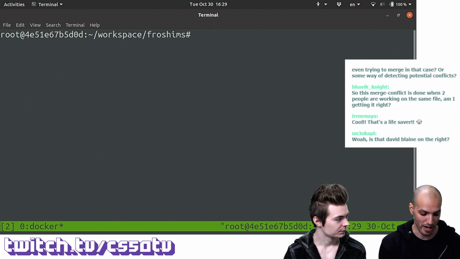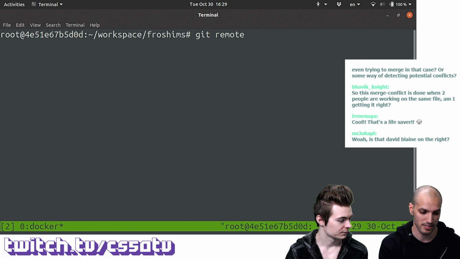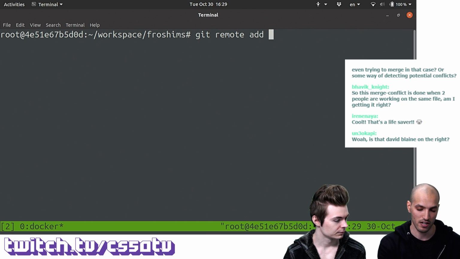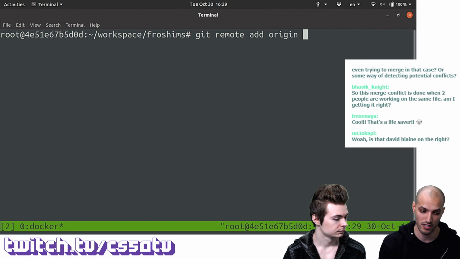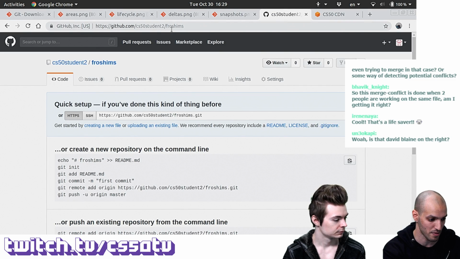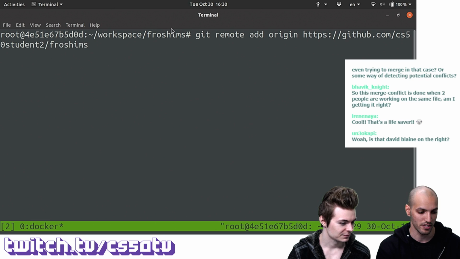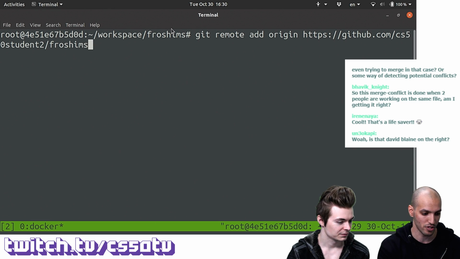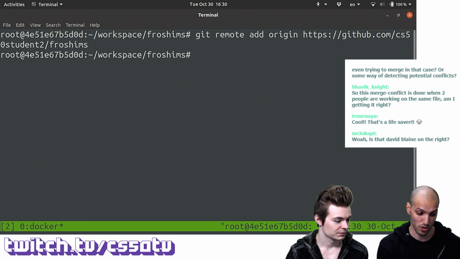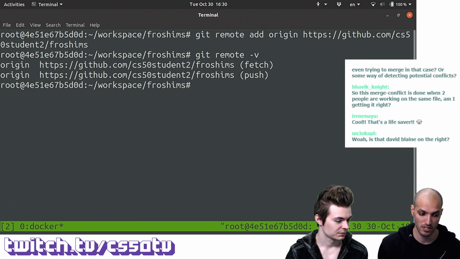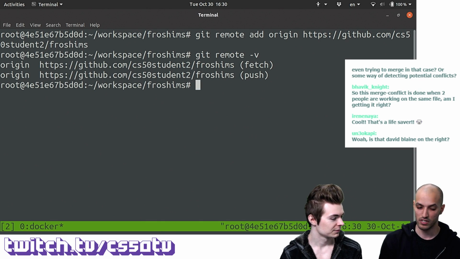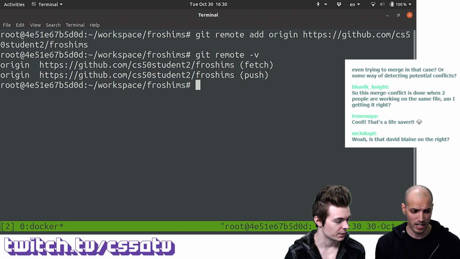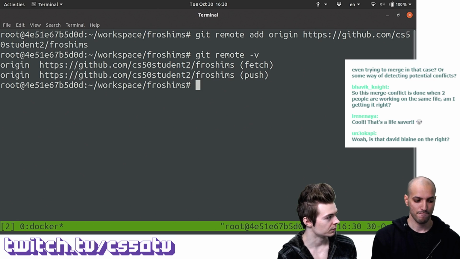The way we add a remote is git remote add, and then we should choose a simple name for this remote. By default, it's going to be origin, and then the URL of the repository. So we can just copy this from here, paste it here: git remote add origin, and then this. If this worked as expected, we should do git remote -v to list the remote repositories. And in this case, Git is saying, hey, I'm going to be syncing with this particular GitHub repository. Nice, and so now we've established that connection. We can push to them and get code from them.